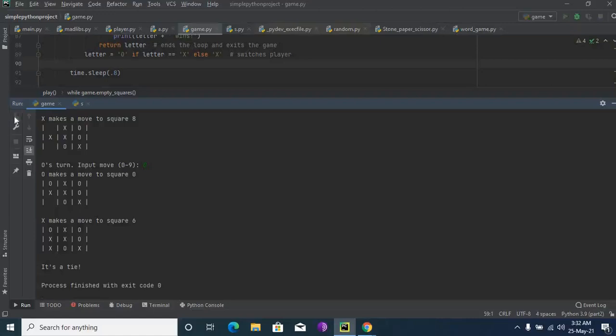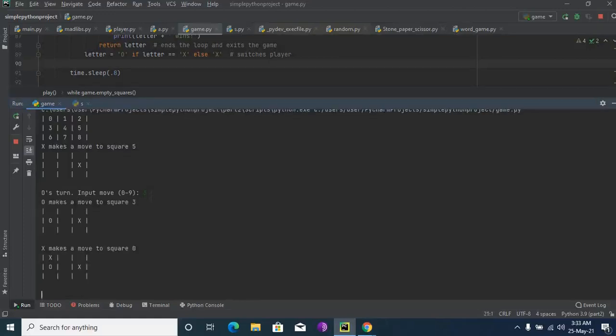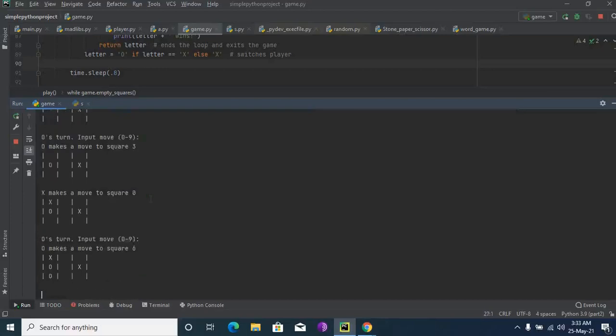Then we'll play again. Now I'm giving some positions: 3, then 3, then 6, then 8.